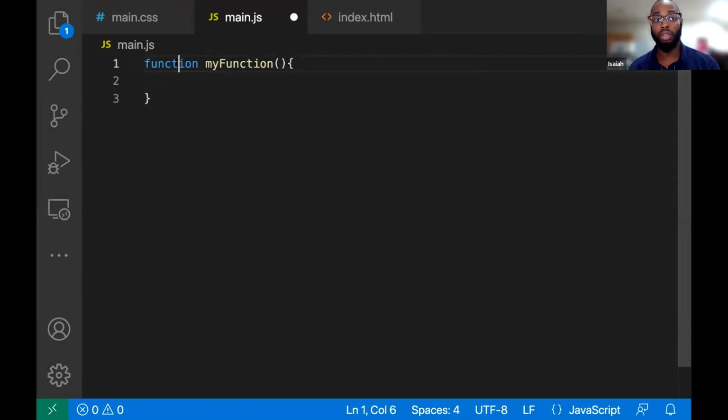You start off with the function declaration. This is a keyword that's in JavaScript. And then you give it a name. I'm just going to call it my function. And then you give it these opening and closing parentheses and these curly brackets. But this function has some downfalls to it. The first one is that